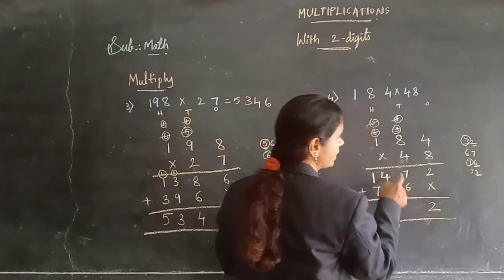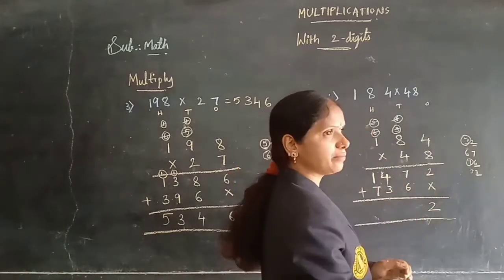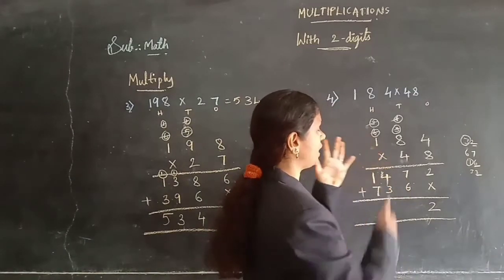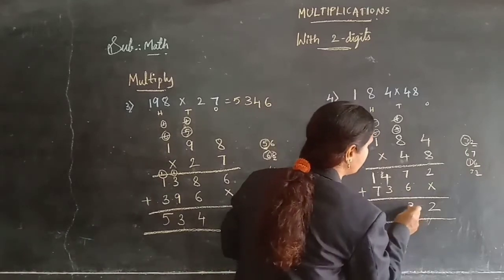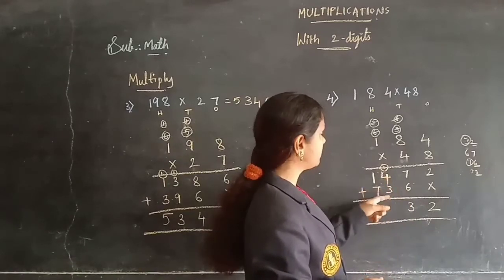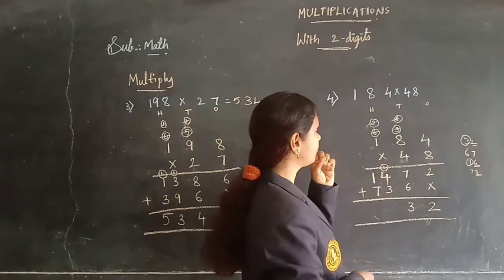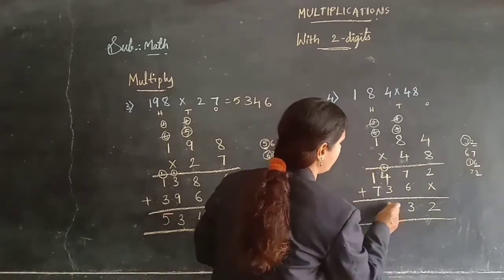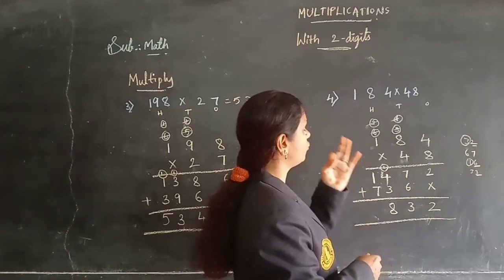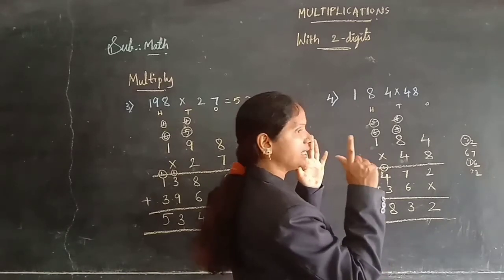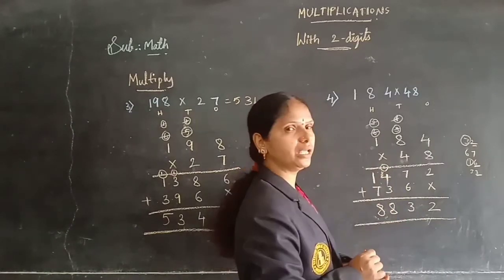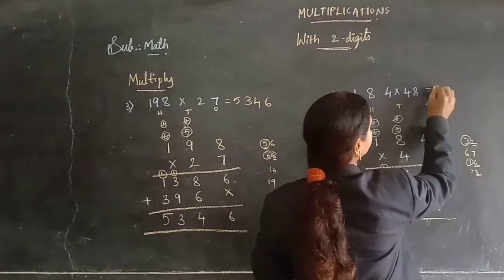Now 2. 7 plus 6: 7 after next 6 numbers, 8, 9, 10, 11, 12, 13. So we are getting 13, 3 and 1 carry. Now 1 plus 4, 5. 5 plus 3, 5 after 6, 7, 8. So I am getting 8 here. 1 after next 7 numbers: 2, 3, 4, 5, 6, 7, 8. When you are adding, you are getting 8 here. So what will the answer be here? 8832.